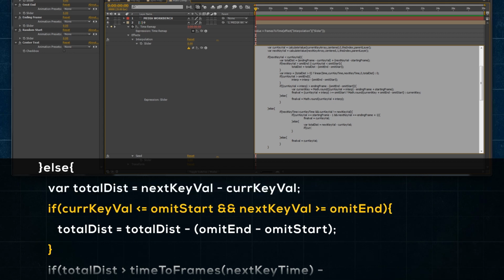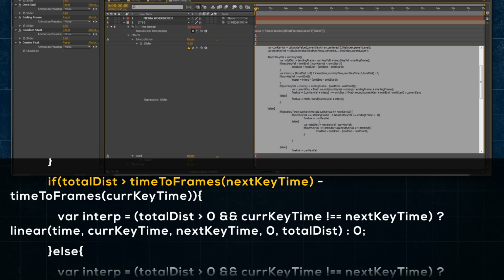We'll then check and see if carKeyVal, in a conditional, is less than or equal to omitStart, and if nextKeyVal is greater than or equal to omitEnd. Within that conditional, we're going to say totalDist is equal to totalDist minus, in brackets, omitEnd minus omitStart, like so. Now underneath that, we're going to go forward. We'll say if totalDist is greater than timeToFrames, left bracket, nextKey's time, right bracket, minus timeToFrames,